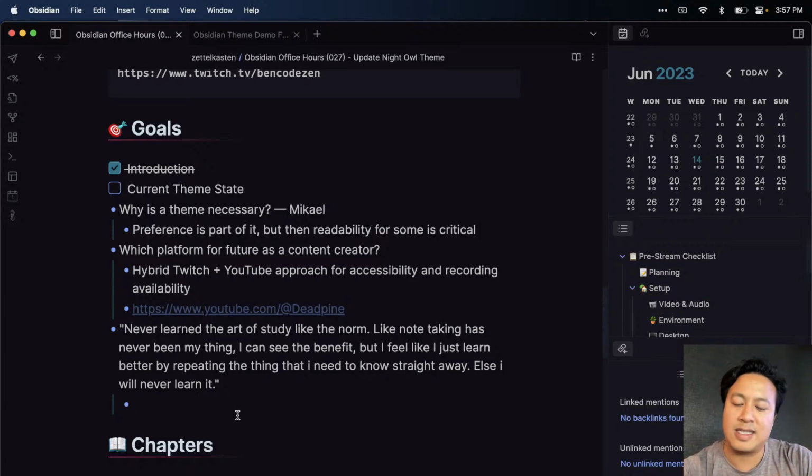But what he did say instead, what he recommended, which I think I'll take some sort of hybrid approach to at some point, which we'll talk about book processing and that kind of thing in the near future, is that it's about making something actionable. So what he does is at the end of every chapter, he will figure out the one action he wants to take that will apply to his daily life. And so I think to your point,